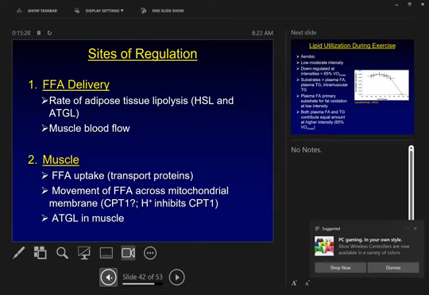Who hasn't had breakfast? You guys have not had breakfast. If you all went to exercise right now, you would derive a greater proportion of your energy during that bout of exercise from fat